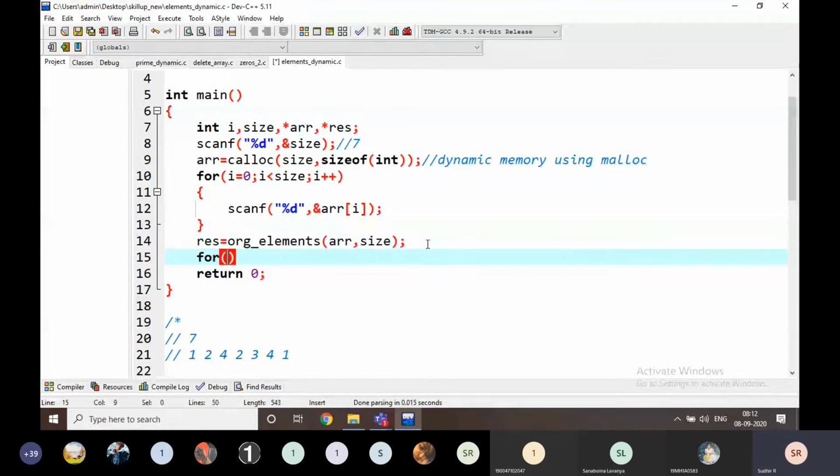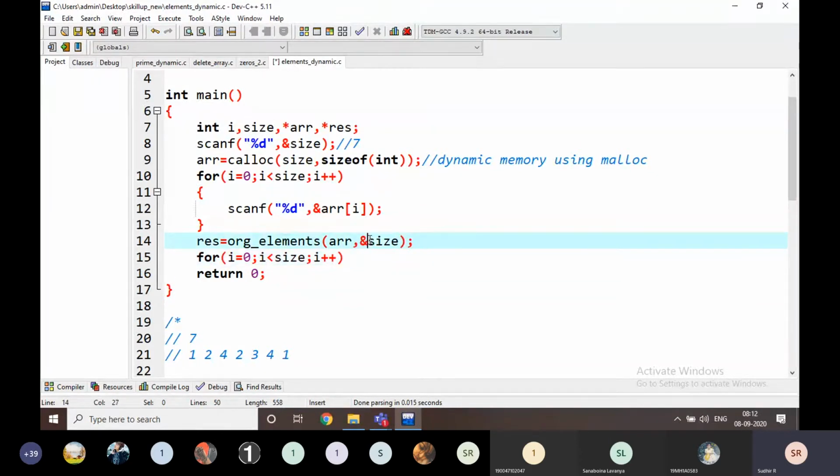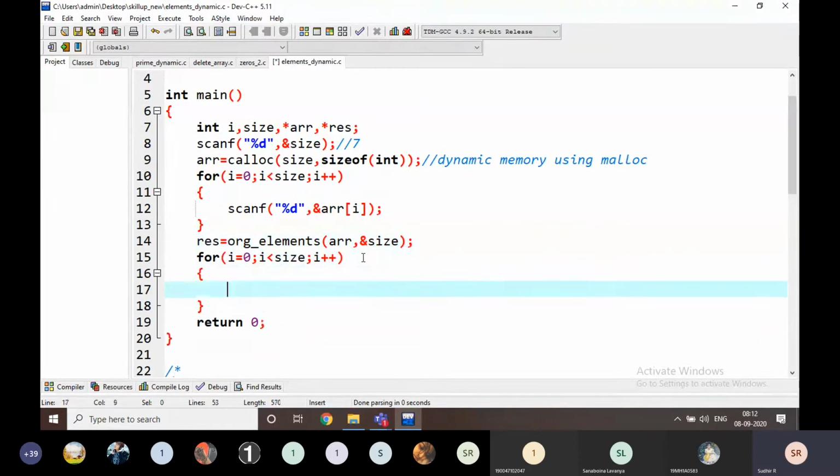Now I am going to write here for i is equal to 0, i less than size, i plus plus. I am going to pass, this one is also an address. Print %d space, here res of i.